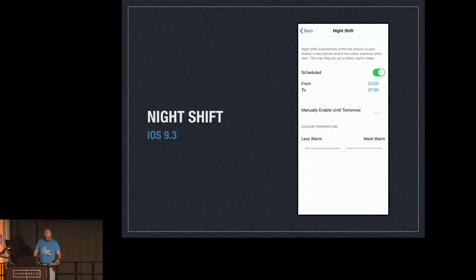So obviously, first of all, night shift. And basically, it was an oh my gosh moment when she started using the app. She said, this is so much better. Can I have this on all the time? Because I had started off by telling her it's scheduled between I think 11 and 7 by default. But yes, you can have this on all the time. She was gobsmacked. She had no idea that this existed.